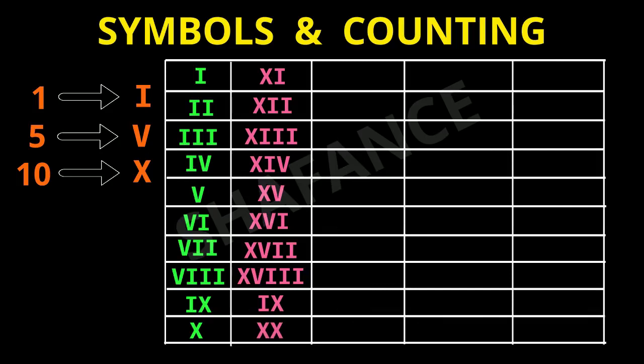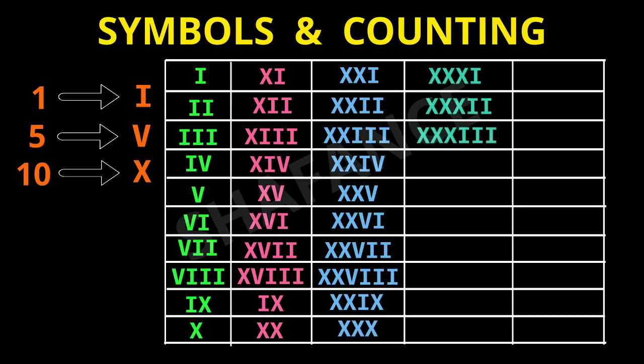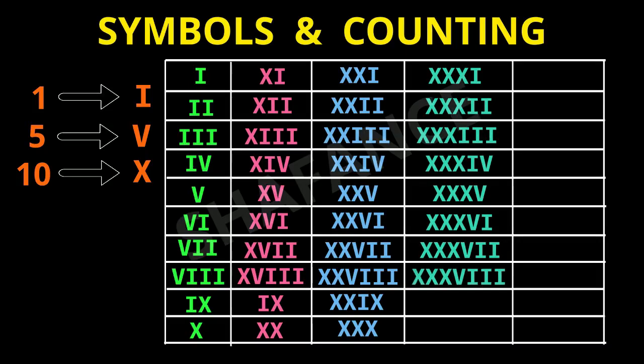Now you can see that we proceed in a similar way from 21. Just like we did from 11 to 20, we write the symbol of 20 and then we write 1, 2, 3, the symbol of these again with 20, and we go from 21 to 30, just like you can see over here. So after reaching 30, then again we start with 31, 32, 33, 34, 35 in a similar way till 39. So now we have reached till 39.